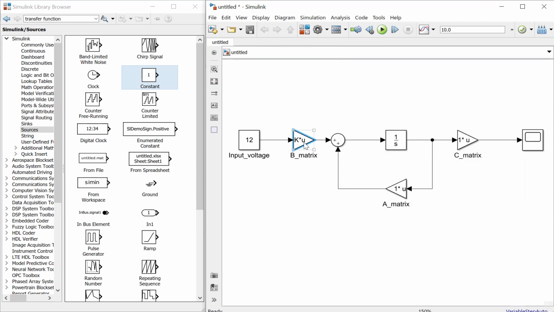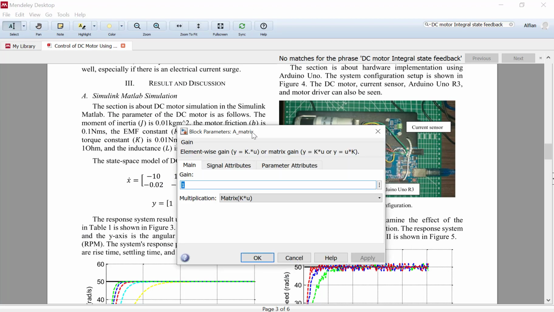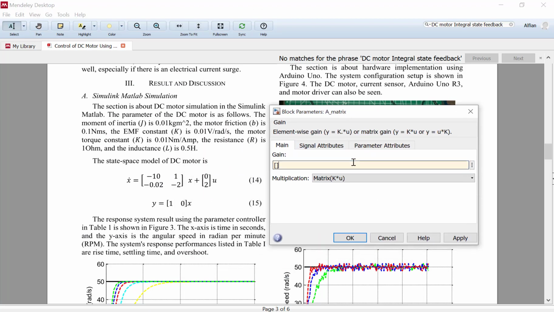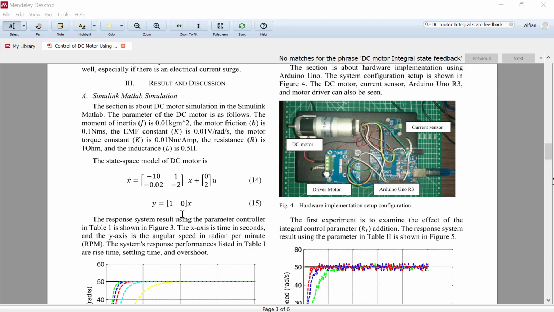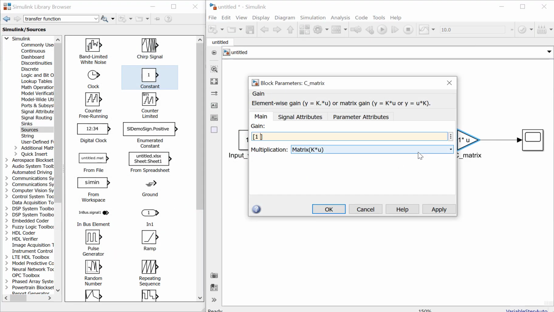And then the A matrix. Okay, the A matrix is minus 10 and then 1, and also minus 0.02 and also minus 2 here, and the C matrix is 1 and also 0.